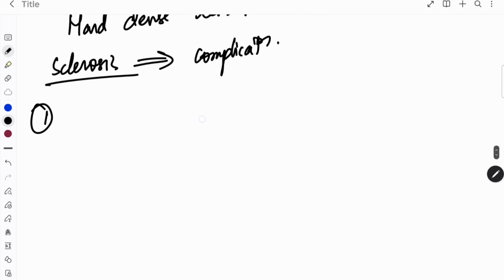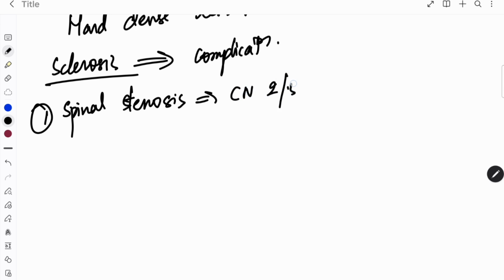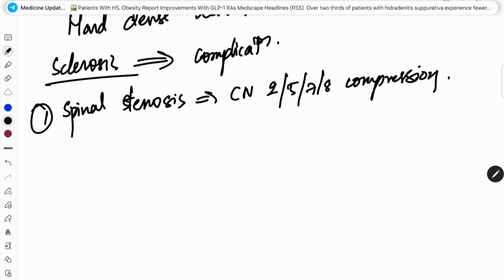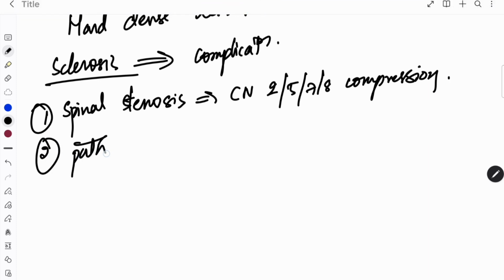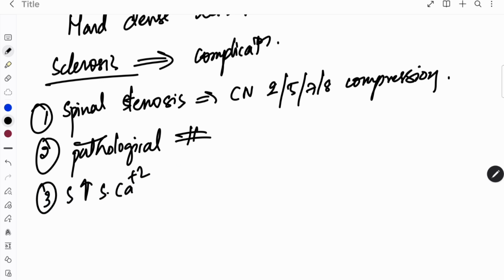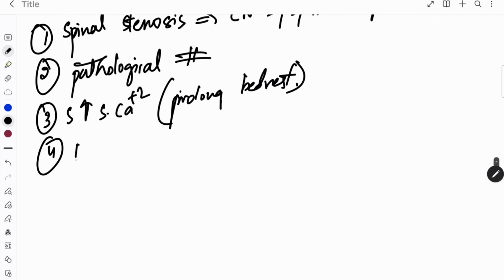First complication is spinal stenosis, leading to compression of cranial nerves 2, 5, 7, 8, and also risk of pathological fractures, increase of serum calcium because of the prolonged bed rest, and also deafness due to the nerve compression,